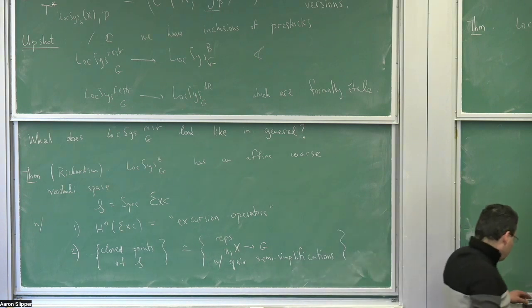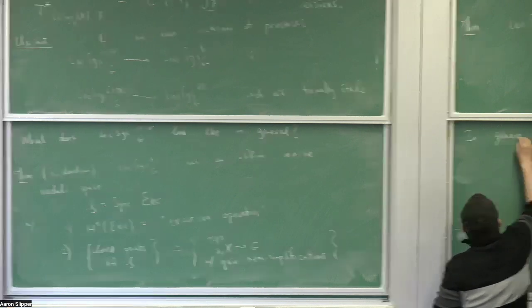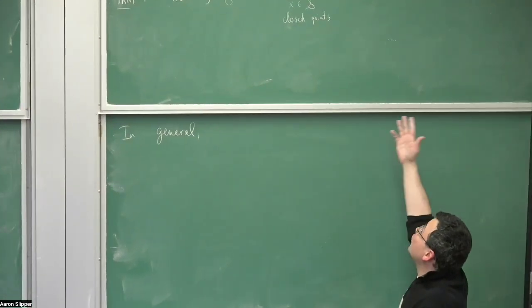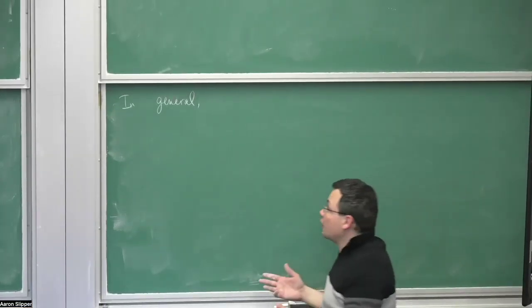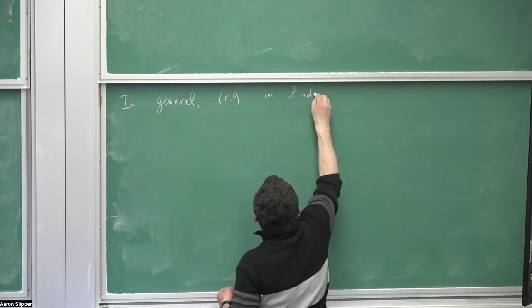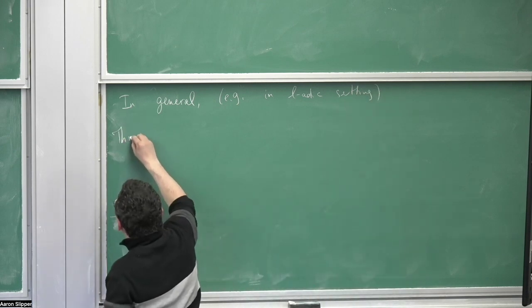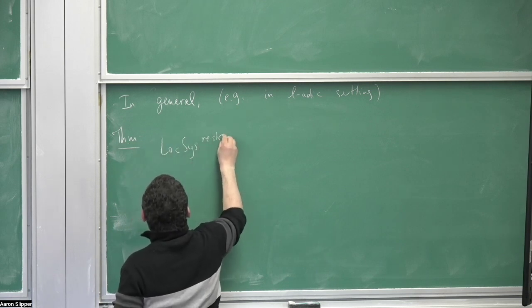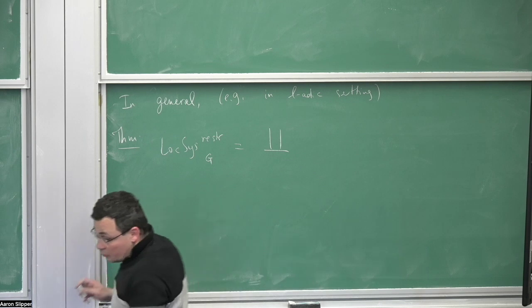So in general, and what do I mean by in general? Suppose this was in the situation where I had something to compare to. What about if I don't? What about the l-adic setting? We prove the following: this is the disjoint union over.